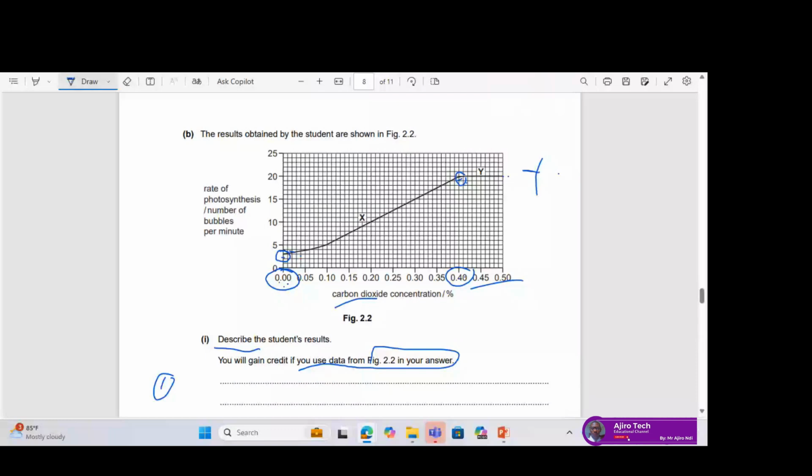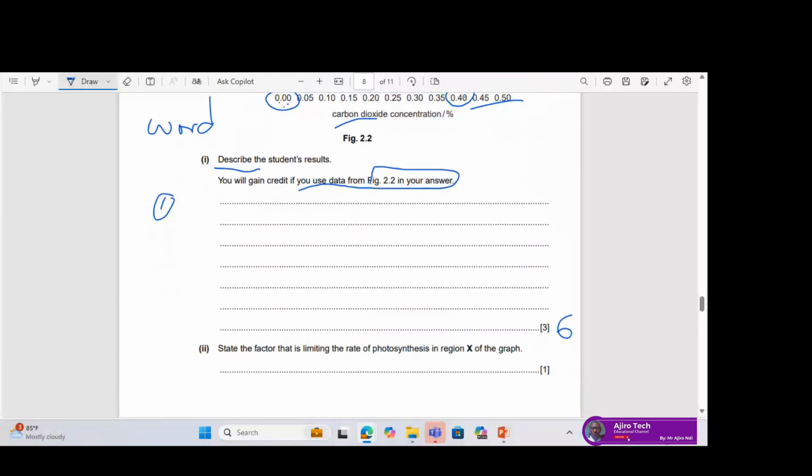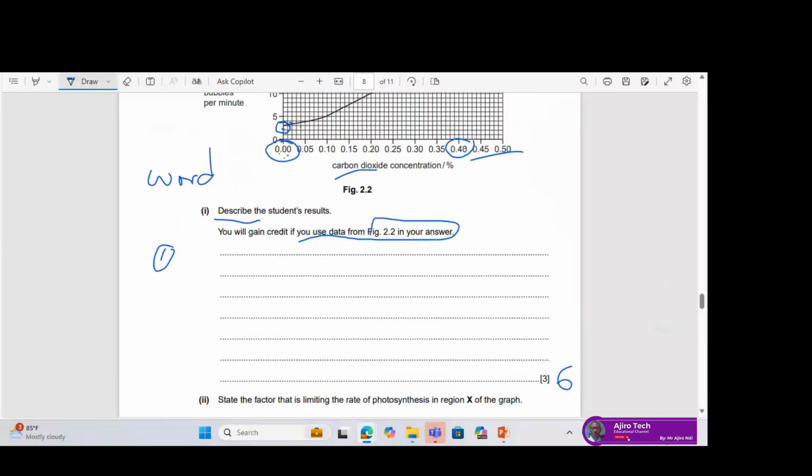So you have to take note of every detail, every value, every data you quote, and you get your mark. If it's 3 marks, make sure you've highlighted at least 6 points. When they say describe and explain,